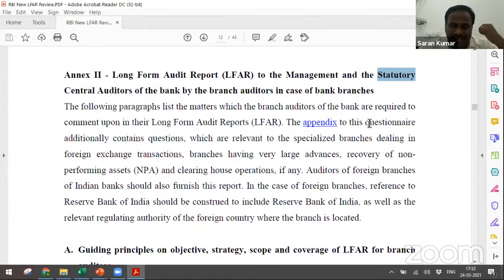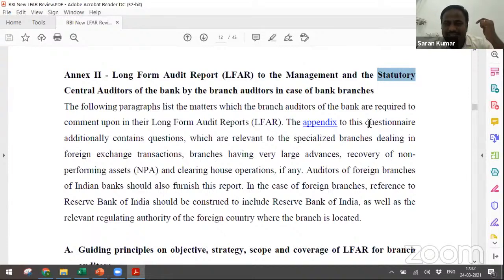We think we are reporting and the report will go to RBI or management and so on. This is not like a regular statutory audit you do for private companies. If you do a private company audit, you give the report to the management and to the regulator, maybe MCA or the income tax department. But in this case, your scope is restricted, limited to the management report and statutory central auditors. That means whatever we focus on, we always need to focus on what we need to report to the management and what we need to give to the central statutory auditors.